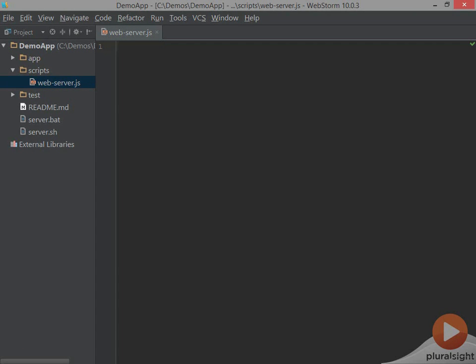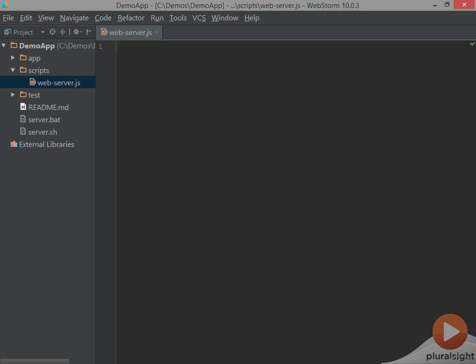In this section, we're going to build our Node web server and show how to launch it. Node is a very useful tool for developers. It provides lots of developer tooling and an easy way to run web servers. Now, if you haven't already installed Node, Pluralsight has a great course on Node that you can use, or you can just go to the Node official website by Googling for Node, and there's great information on how to download